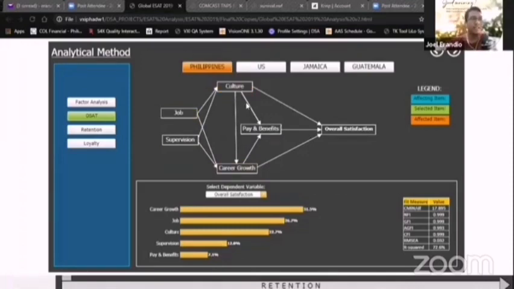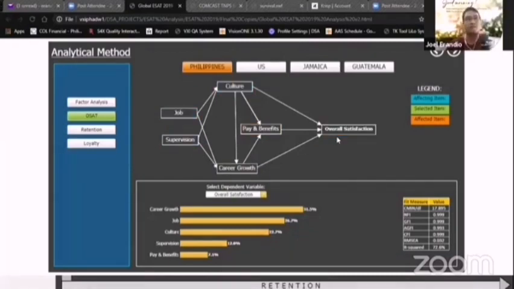So yung nakikita lang natin dito, yung mga direct effect. For instance, supervision in this case, it has a direct effect towards culture, and culture has a direct effect towards overall satisfaction. But supervision versus overall satisfaction, tinatawag na natin siyang meron silang indirect effect. Okay? Because yung supervision, dadaan pa siya kay culture or dadaan pa siya kay career growth bago siya pumunta kay